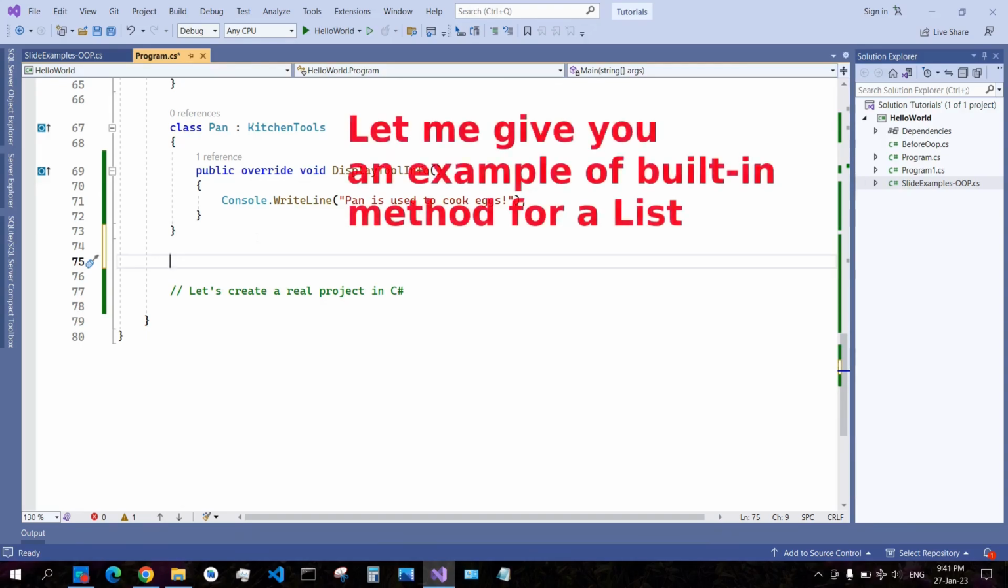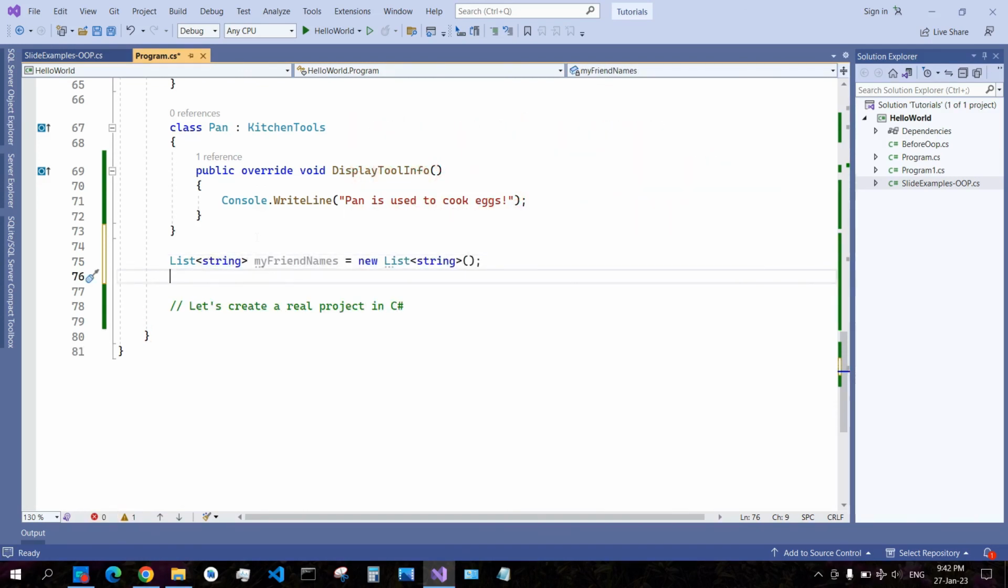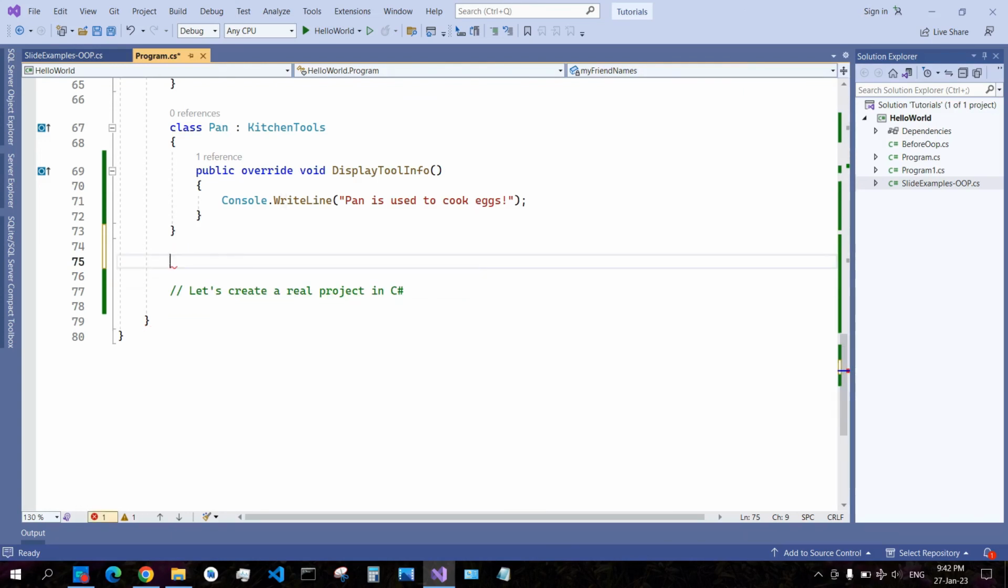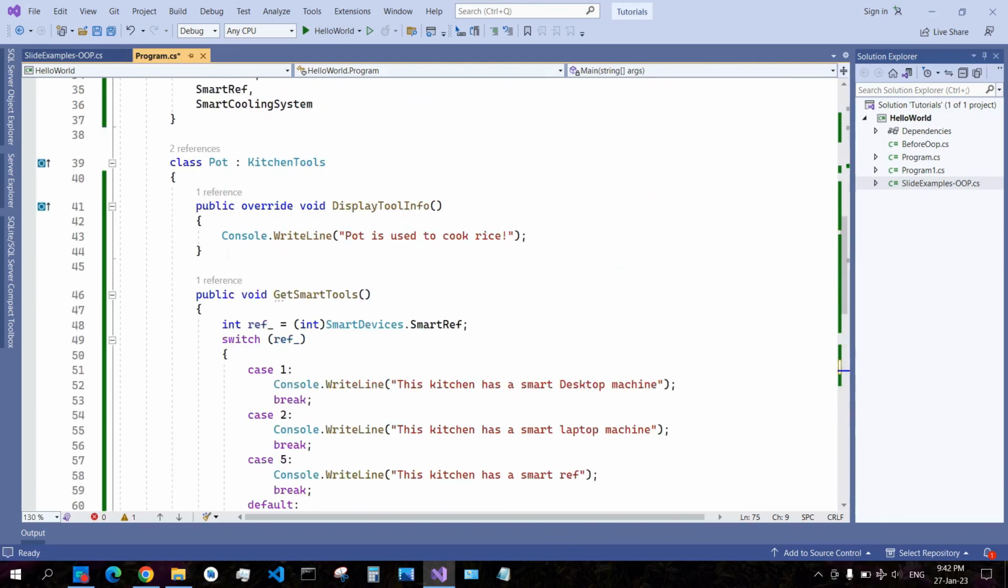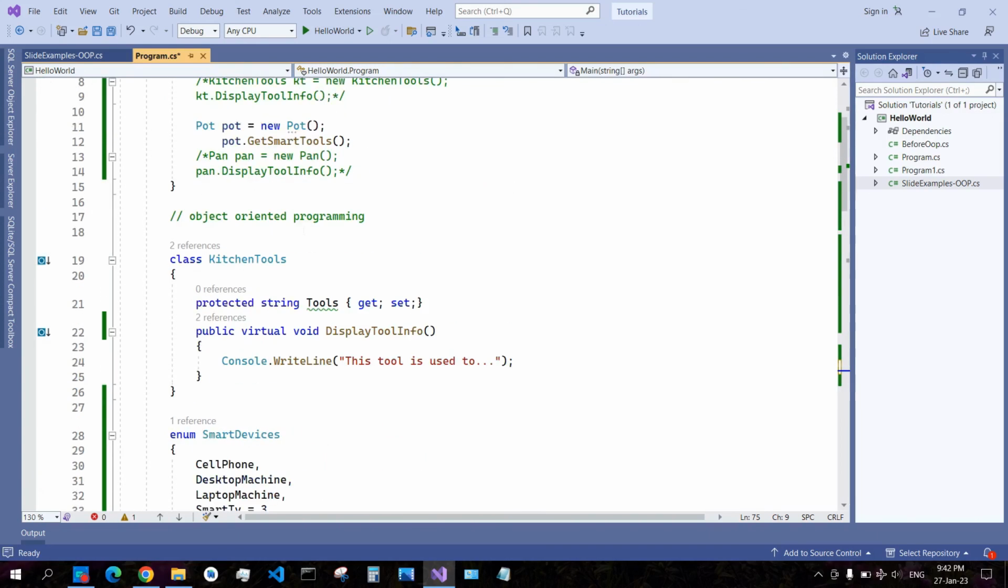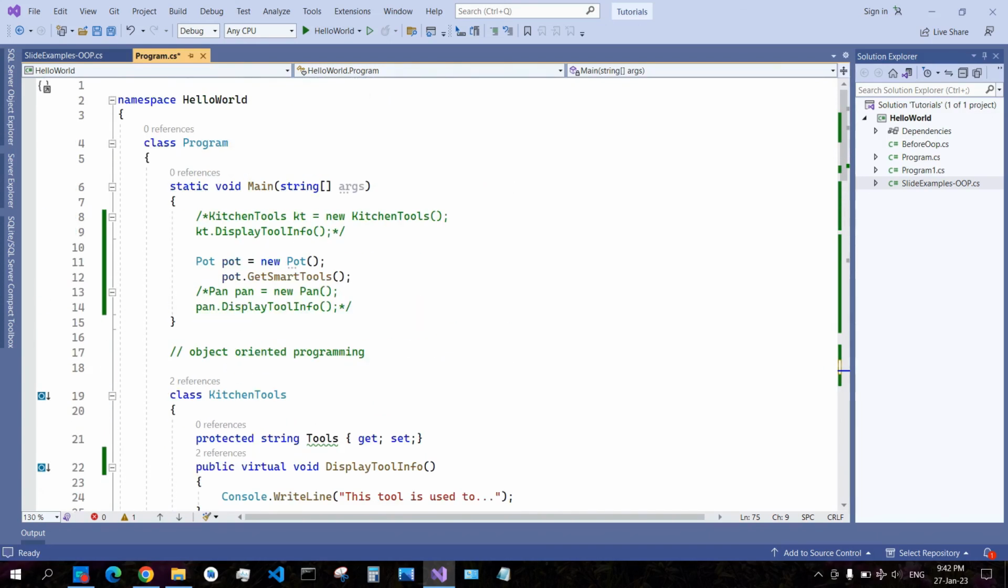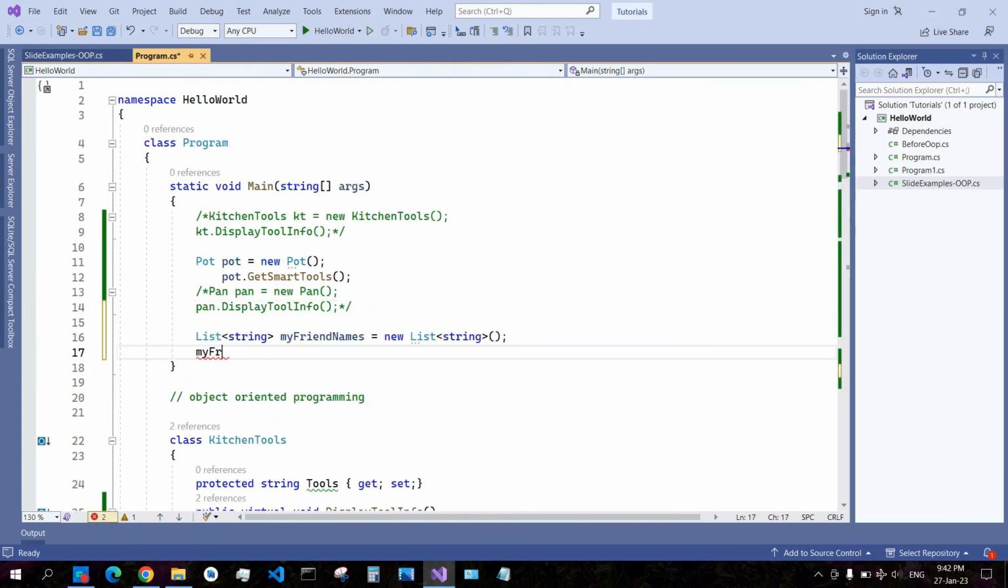Declare here a list, say that all the list items will be string, and then here when I call this variable name my, of course I cannot declare a variable inside a class just like that, but you can declare a variable inside a method. So my friend names,